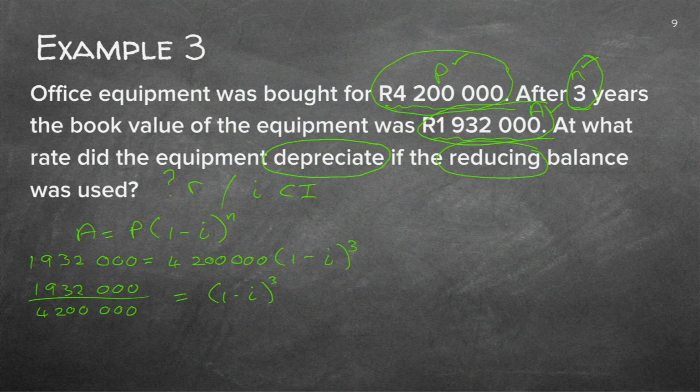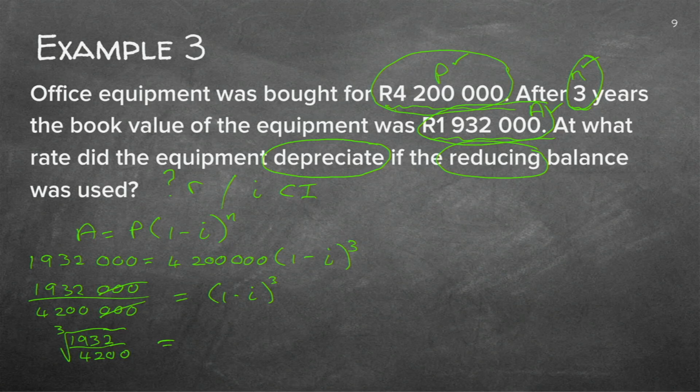Now I'm just going to do the next step as well so that you make very sure you know I need to draw, and I can just cancel out those zeros. You need to draw the cube root because I need to get rid of that. So it's 1932 on the top with 4200 at the bottom. Make sure that your lines are long enough. You may not make a square root line just through over half of this figure. You must make sure it covers the whole figure that you have.